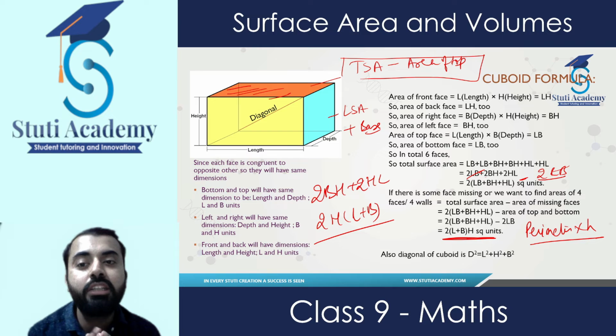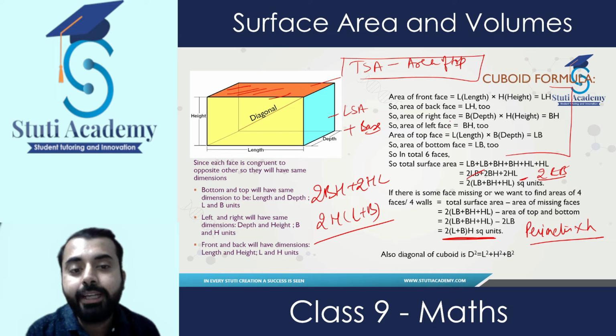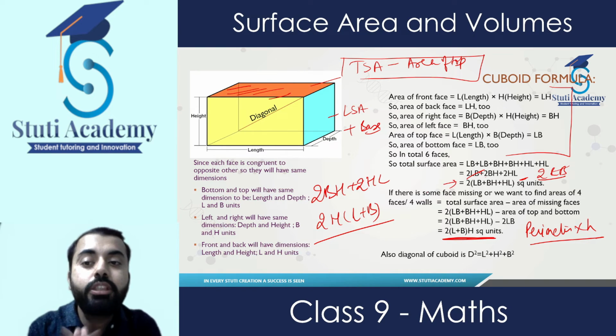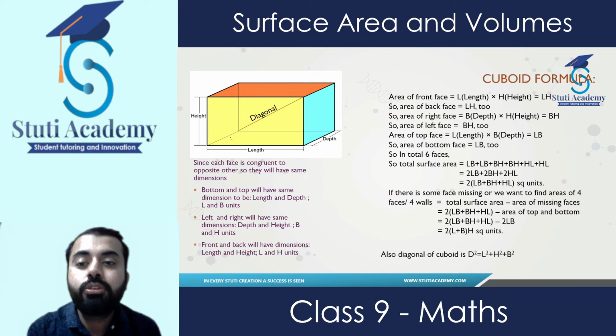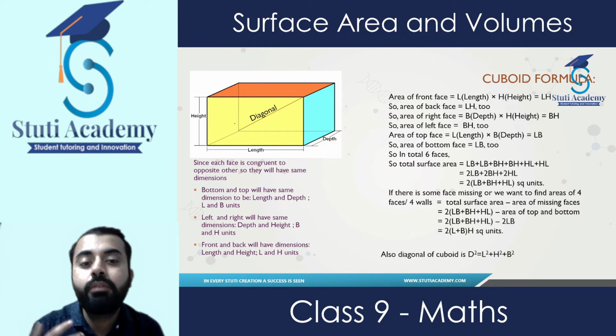So that is the case, and each opposite face is sharing the same dimension. So you will be ending up having these. Adding those, you got a total area. Now it was given to you that you had to calculate the lateral surface area, and you guys knew lateral surface area was what? It was area excluding top and bottom. So you had to subtract the area of top and bottom from it. Subtracting that, I got this,